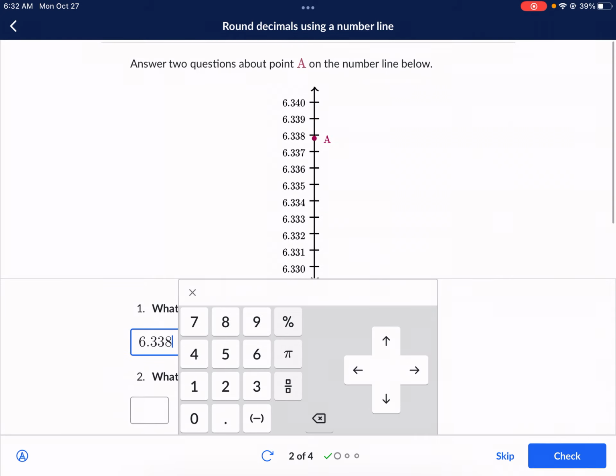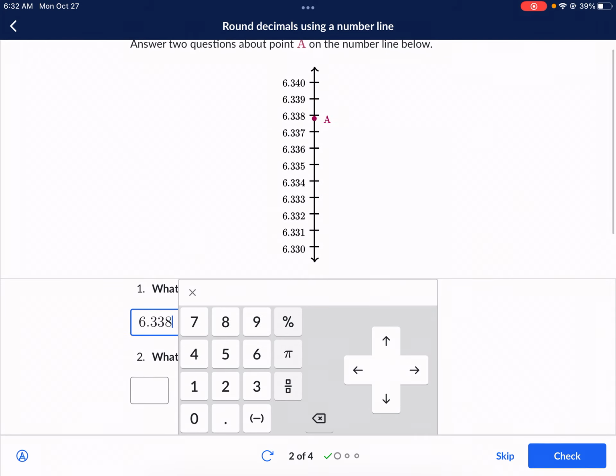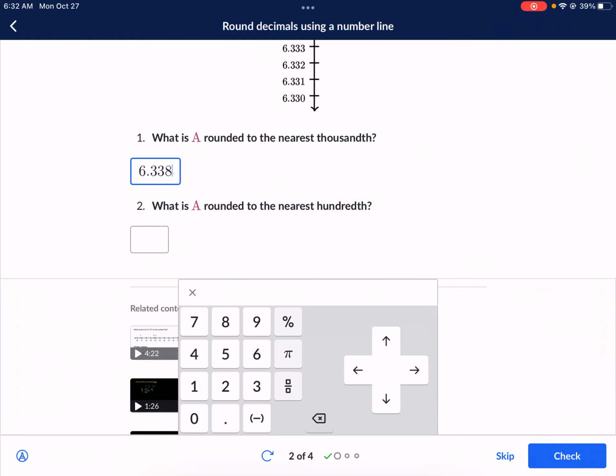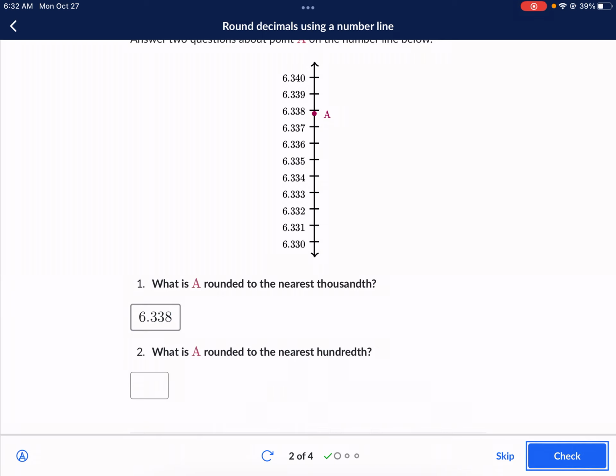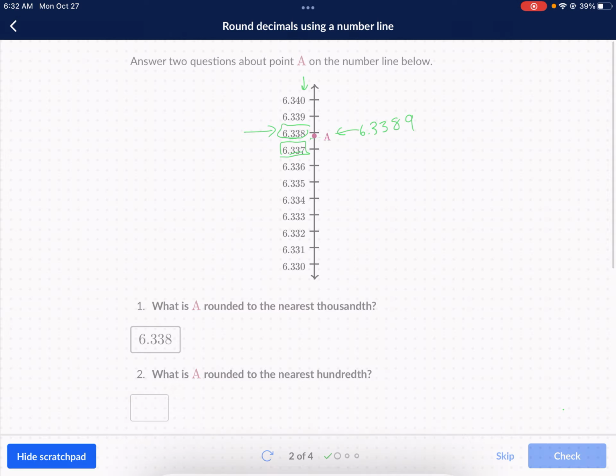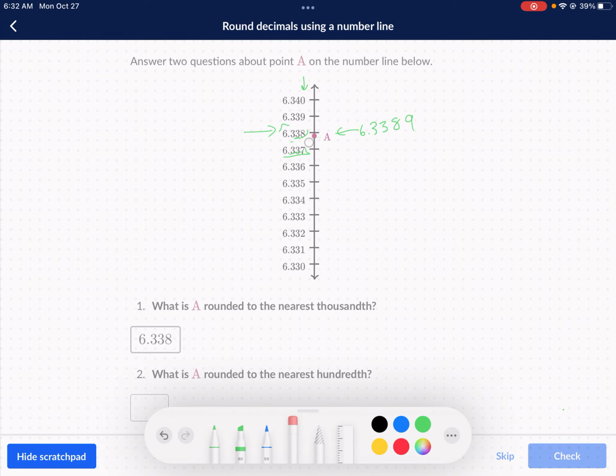6.338. Okay, so that's our first question. Which of those lines is it closest to? And then what's it rounded to the nearest hundredth? So my students always struggle with this question. I do this Khan Academy every year, and they're always like, well, how do I find out what the hundredths are? Well, the hundredths for this section, for this type of problem in Khan Academy, is the easiest way to